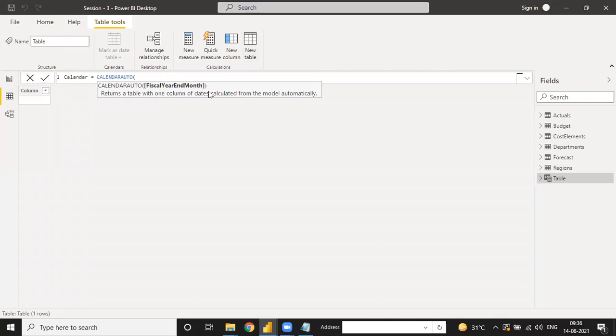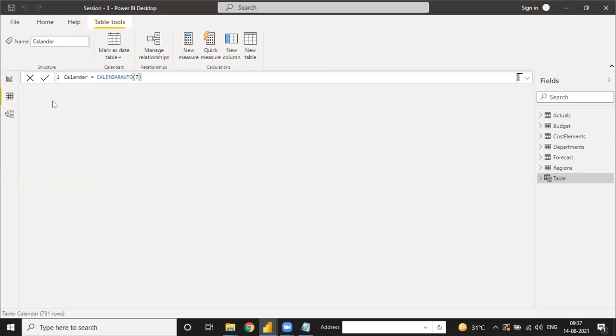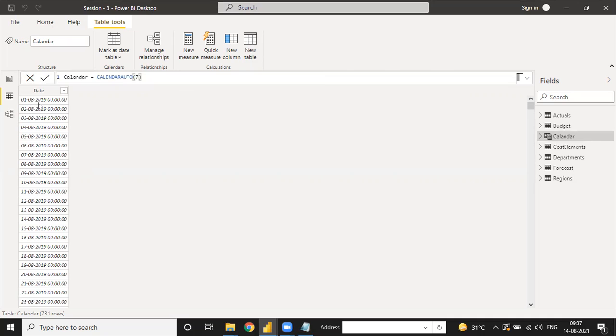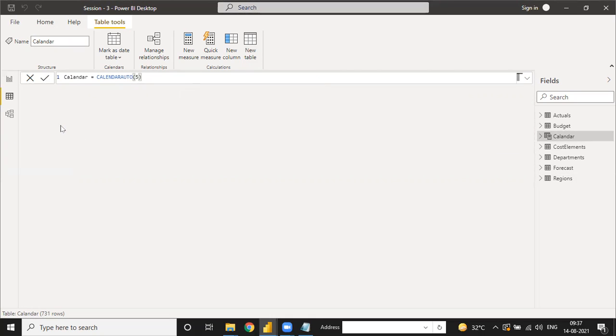It means you have to enter a month, and your table starts accordingly. Suppose you enter 7, then your table starts from the 1st of August, meaning the year ends after the 7th month and the data starts from August. If we enter 5, our data starts from 1st of June.